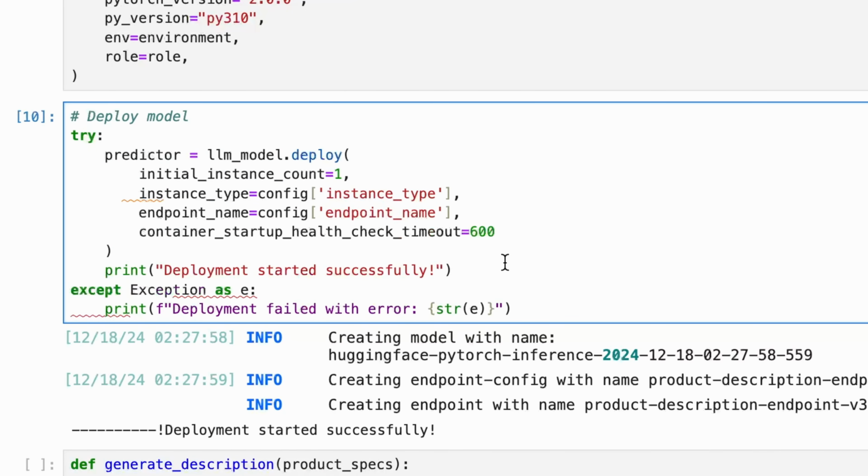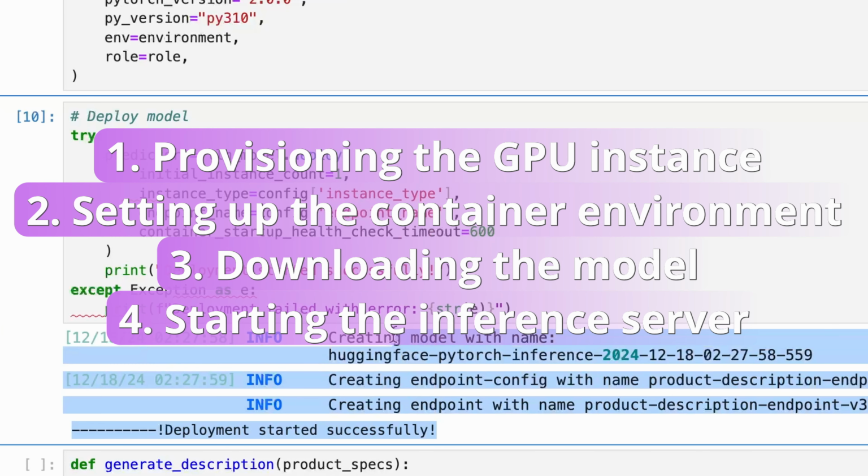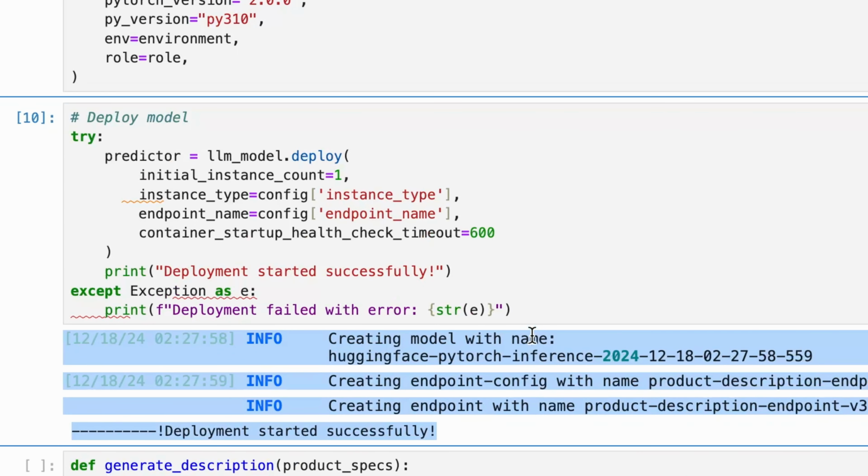Okay, so when you run this code, SageMaker starts creating your endpoint. You'll see it right here in the endpoints panel. The process usually takes about 15 to 20 minutes, and during this time, SageMaker is provisioning the GPU instance, setting up the container environment, downloading the model, and starting the inference server. Since we already ran this command,